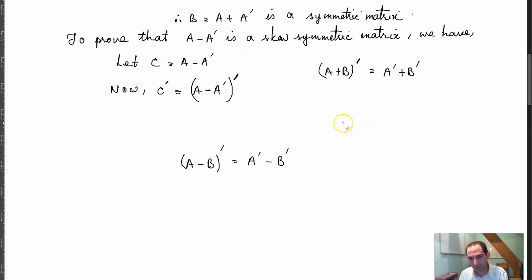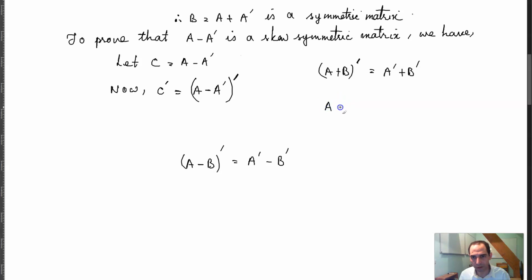So instead of A plus B whole transpose, I can write A